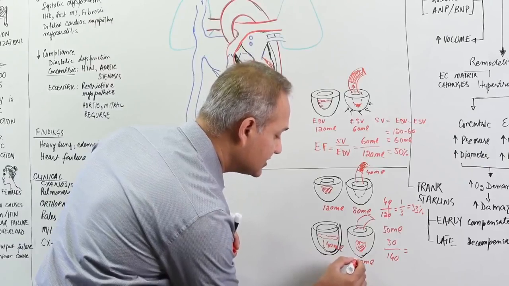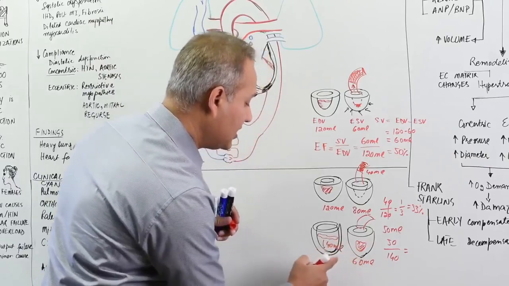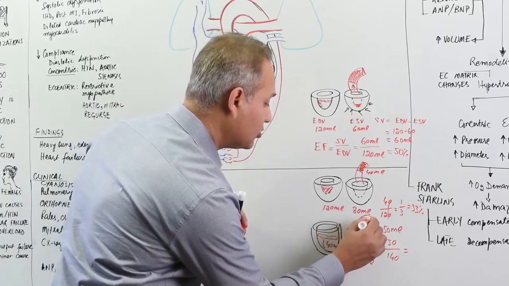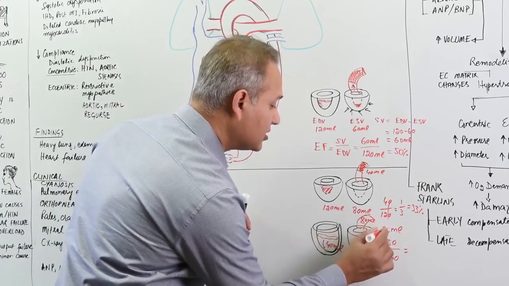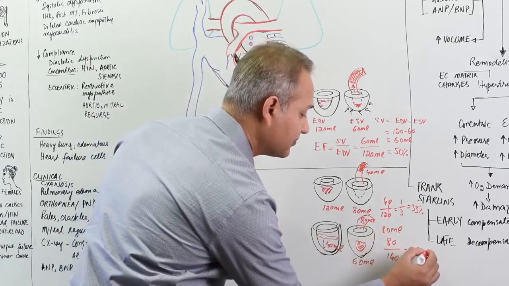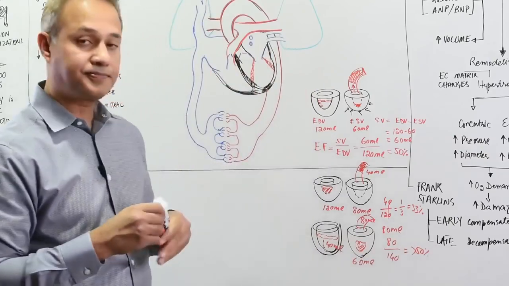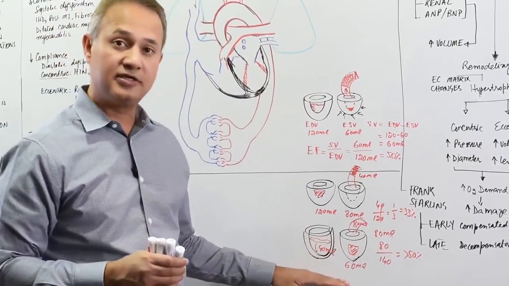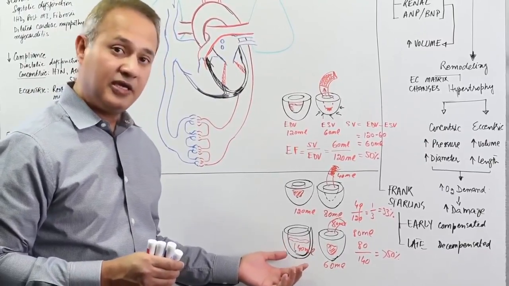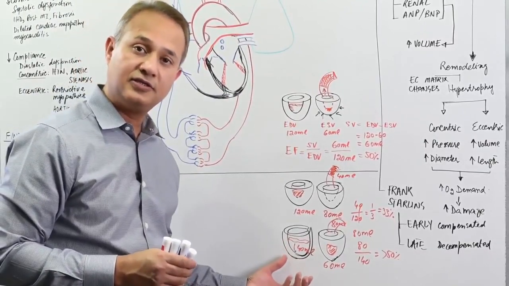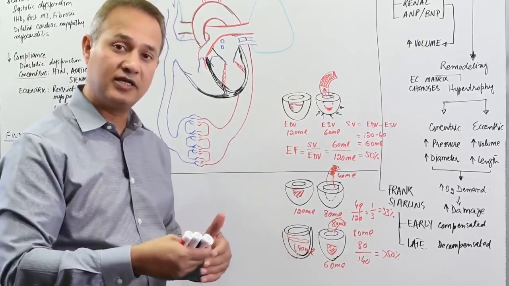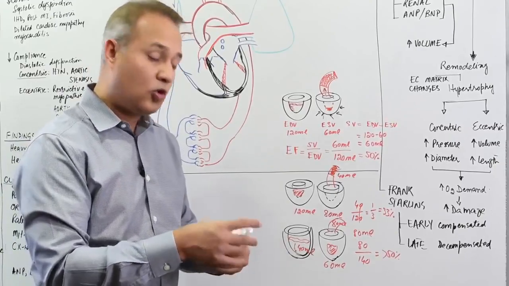So instead of 90, let's say 60. That means about 80 ml went out. So if you do the 80 ml and here 80 ml, it is even more than 50%. The point is this: in the diastolic dysfunction, there may be more blood present and a relatively good amount of blood that is getting out, or there may be